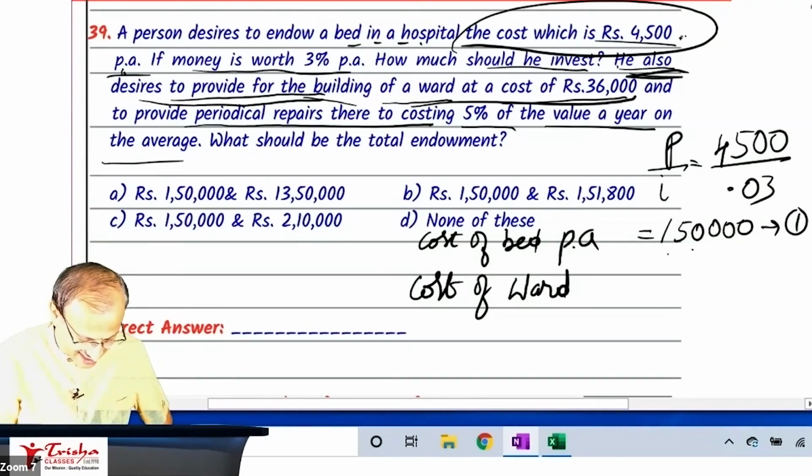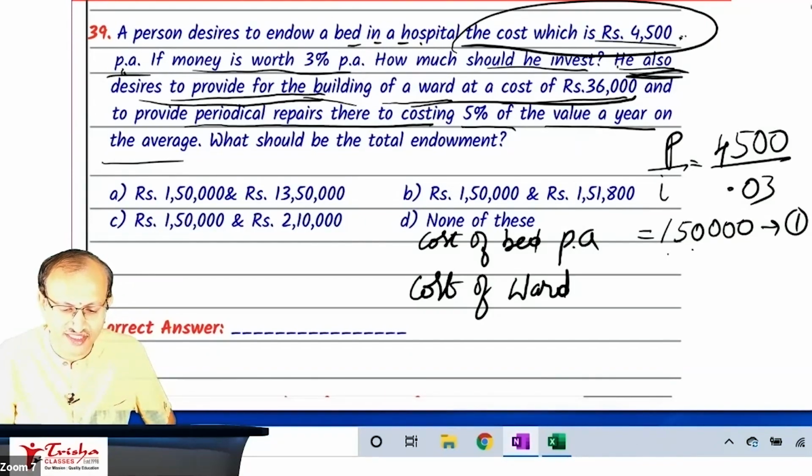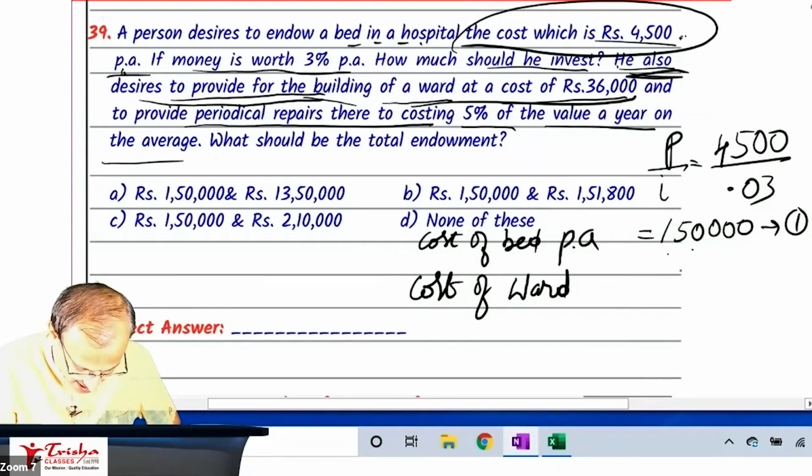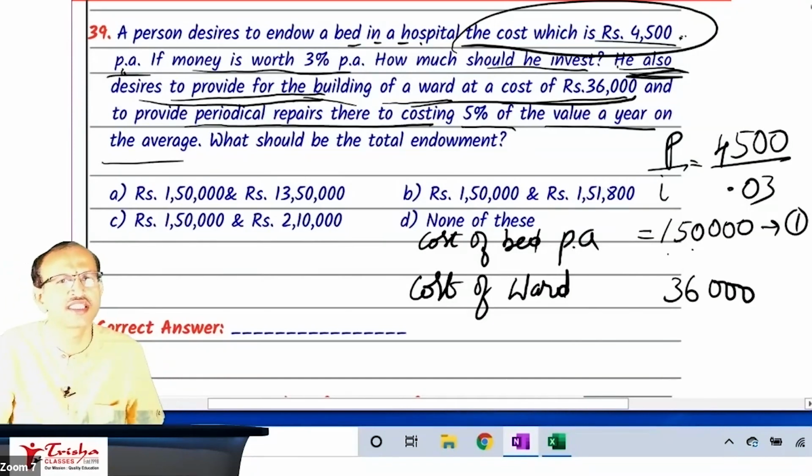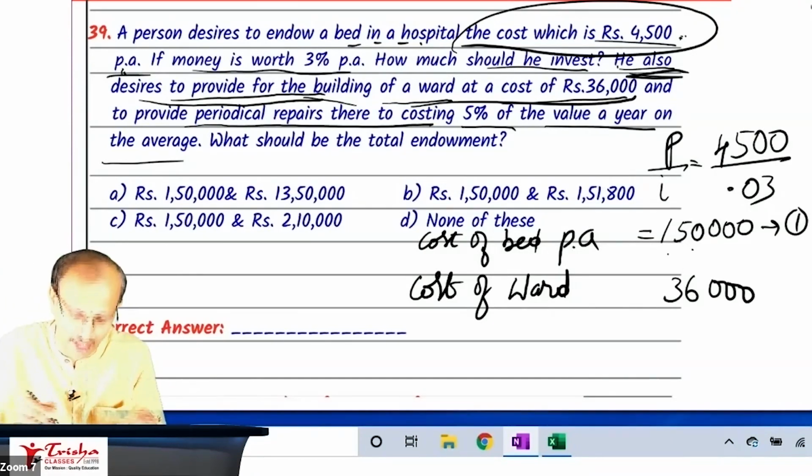All right. Cost of the ward. How much is the cost of the ward? Some response from you to check whether you are there with me. Okay. Excellent. Anisha, Haripriya, excellent. It is there in the question. Please answer me. Is it every year or only once? Once. So that's all. I don't have to do P by I.